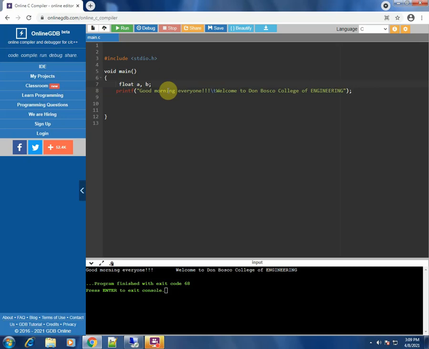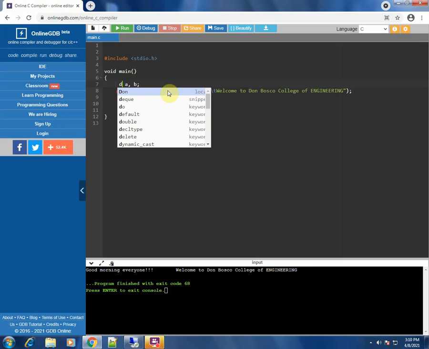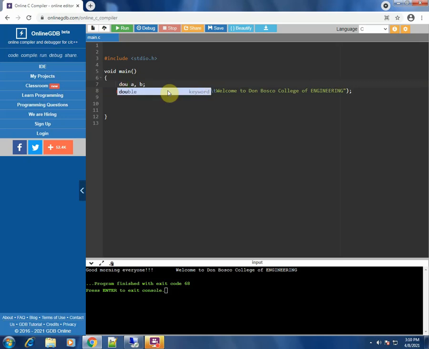If you want bigger numbers or more precision of real numbers, you can use double. You can see there are suggestions given by this compiler, and you can use those suggestions for ease.